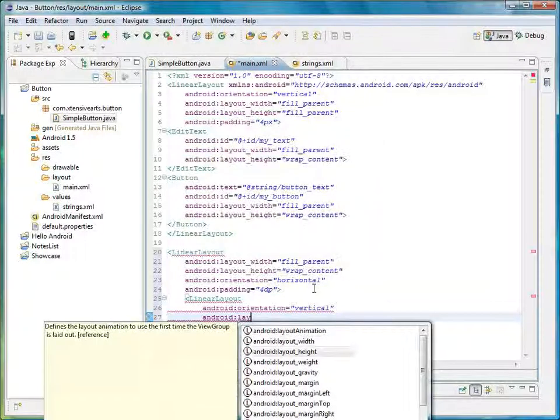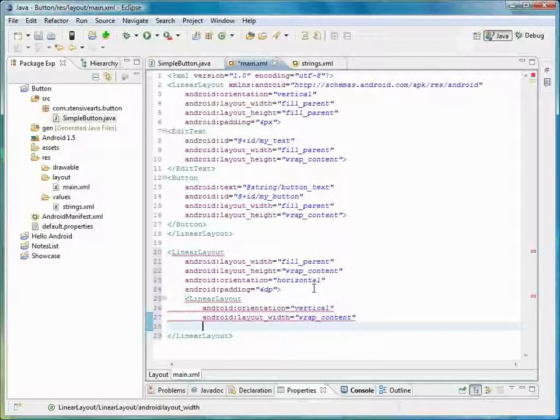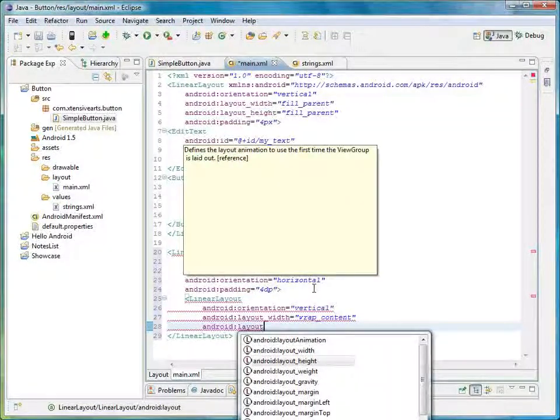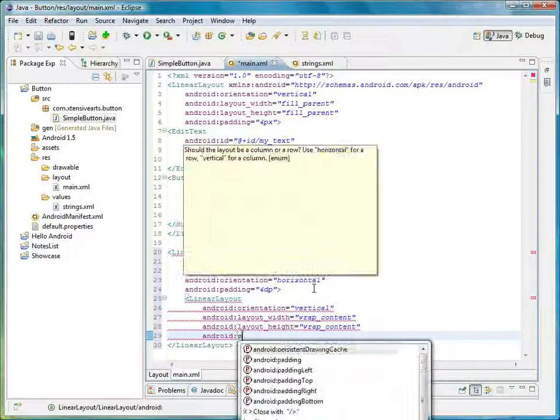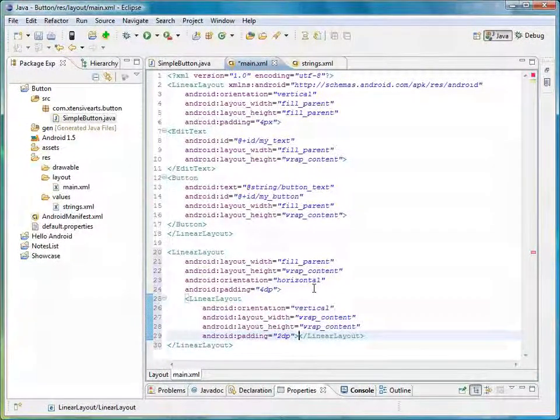So for the layout width, we'll choose wrap content, and for the layout height, we'll also choose wrap content. All right, and then again we want to give this one a little bit of padding, and this time we'll choose 2 dp. All right, close that off, close angle bracket,